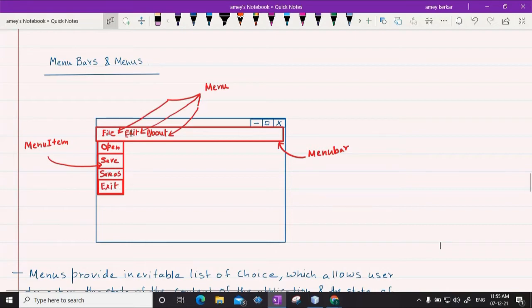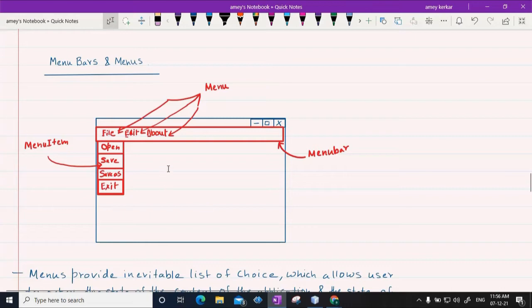Similarly, if you click on edit, you will have menu items in edit menu, for example, cut, copy. Paste itself is a sub menu, because when you want to paste, there are different paste options. For example, you can paste a formatted text, or you can paste a plain text without any formatting. So paste actually is a sub menu which is there in edit menu.